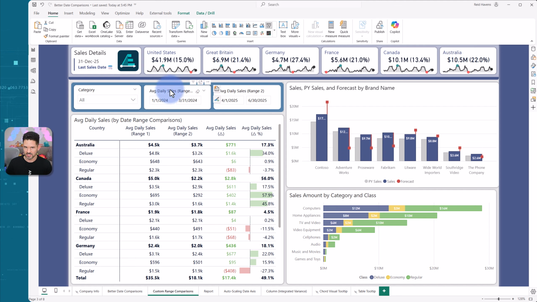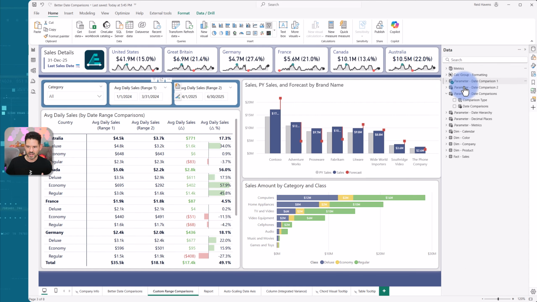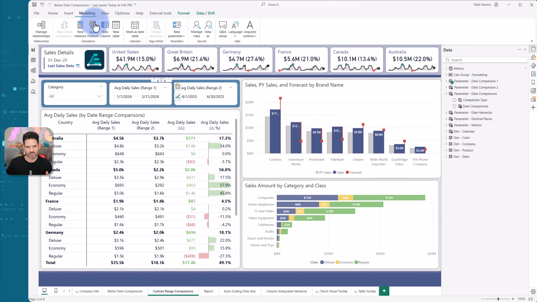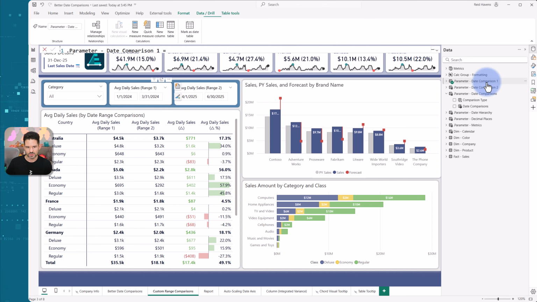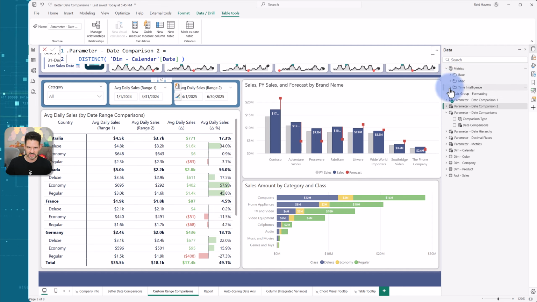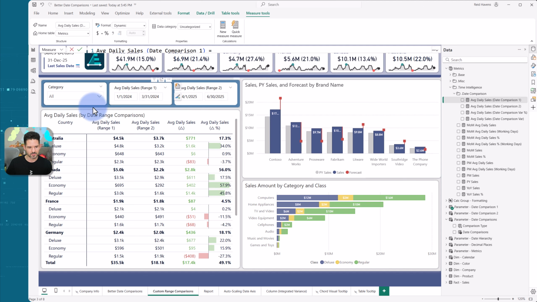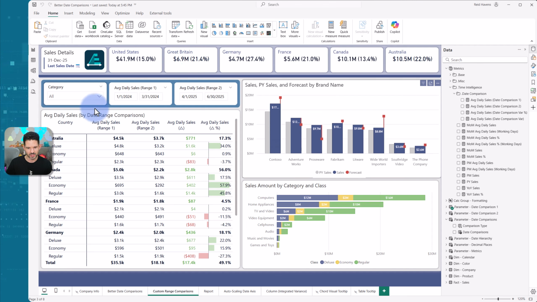Now, the other one was essentially just a series of measures that were grouped in a field parameter. This one, in turn, I added a custom table where I used the word parameter in here, but all I did was use a DAX generated table to create a distinct list of disconnected dates for date period comparison 1, date period comparison 2, and a little bit of light DAX magic that goes into filtering the ranges to be greater than or equal to the start date from that range, less than or equal to the end date from that start range. So nothing too fancy there,